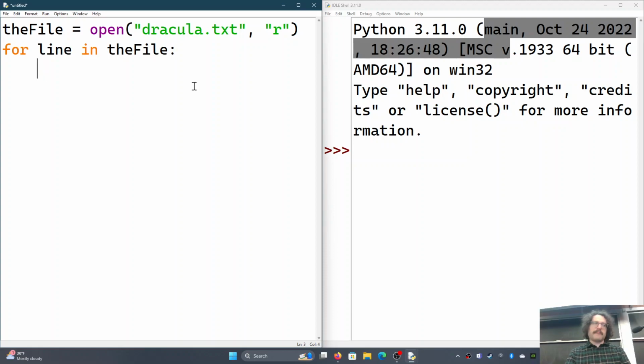Basically, I want to count how often each letter occurs in the line. So for line in the file, for each letter in line, and then that's where we kind of get to